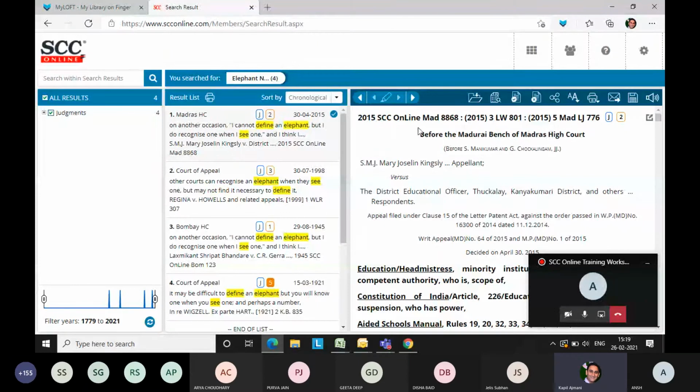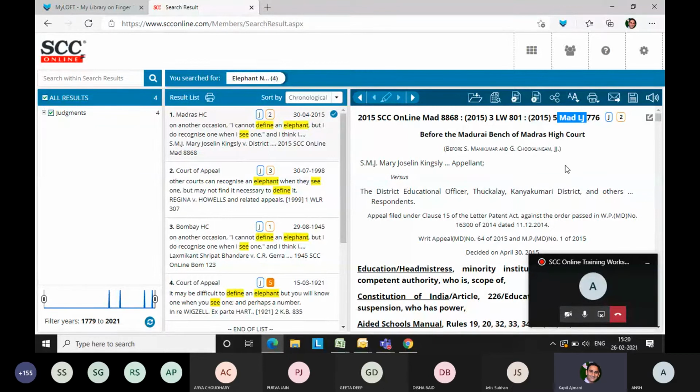Now, if you are coming to the right hand side, on the details, you can see there is a full citation which is mentioned. It may happen that the equivalent citation may be mentioned over there. Now, this is actually SCC Online. You can see one citation is there. This is Law Weekly, Madras Law Journal, if you see. So there may be some equivalent citations also. Our editorial team has done a good job. They have also mentioned the parallel citation to you.